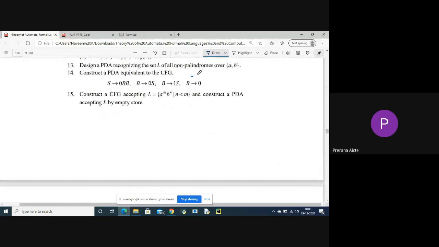Here construct PDA for the equivalent CFG. Delta of Q comma 0 comma S is equal to